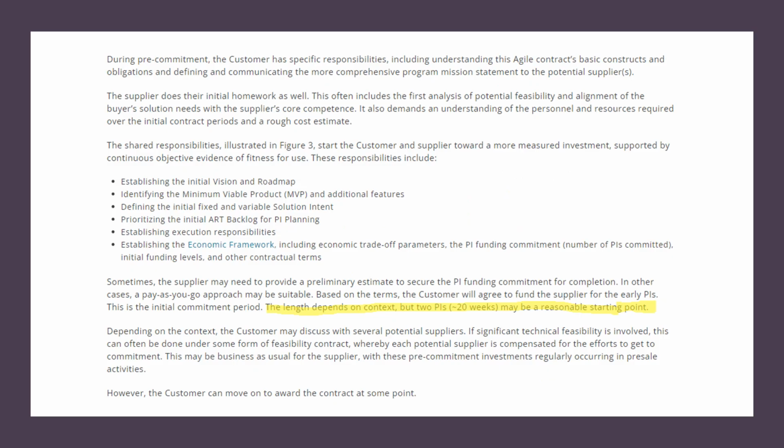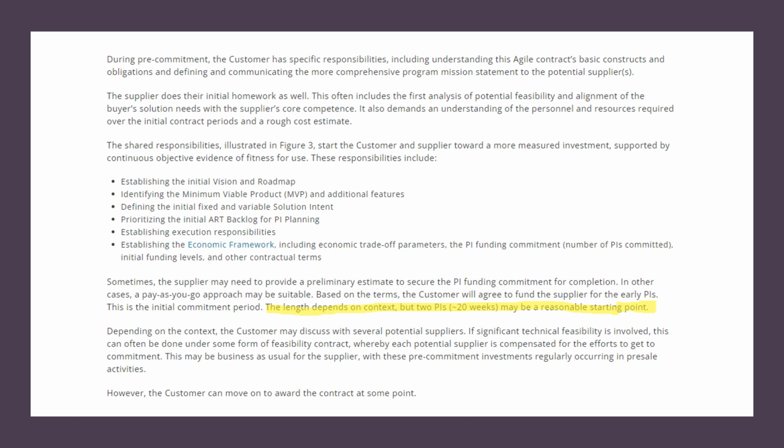During pre-commitment, the customer has specific responsibilities, including understanding these agile contracts' basic constructs and obligations, and defining and communicating the more comprehensive program mission statement to the potential suppliers. The supplier does their initial homework as well. This often includes the first analysis of potential feasibility and alignment of the buyer's solution needs with the supplier's core competence. It also demands an understanding of the personnel and resources required over the initial contract periods and a rough cost